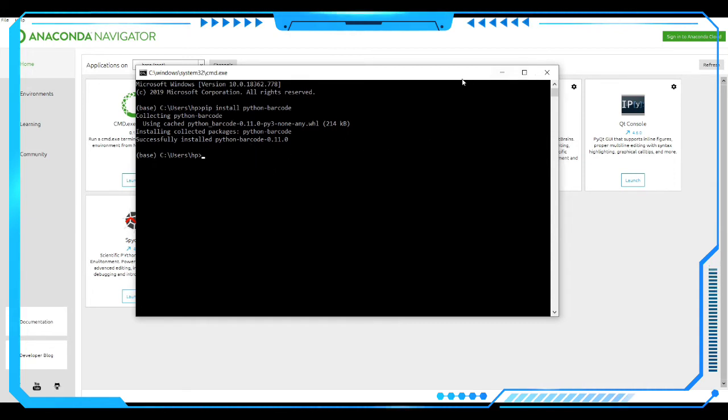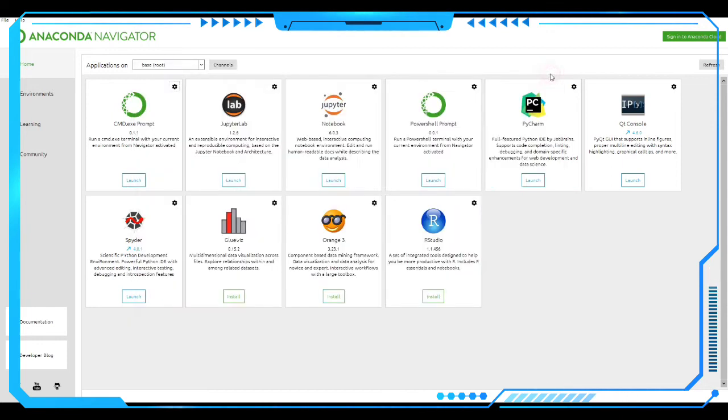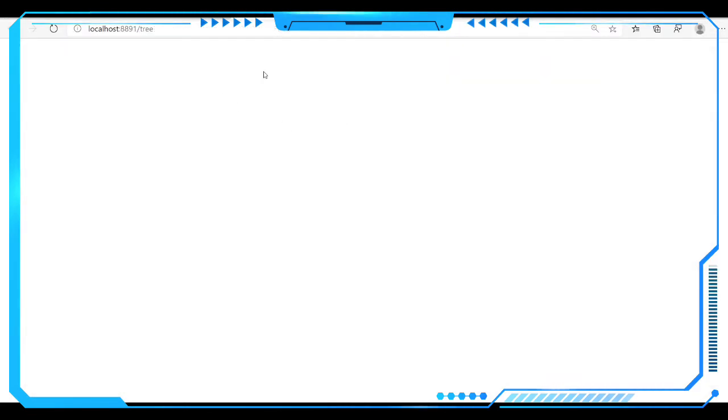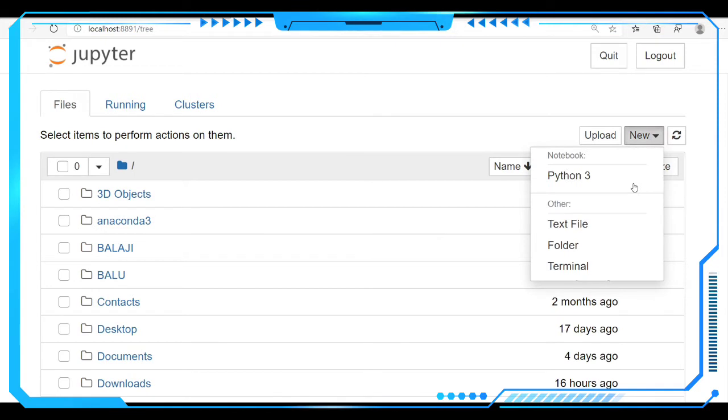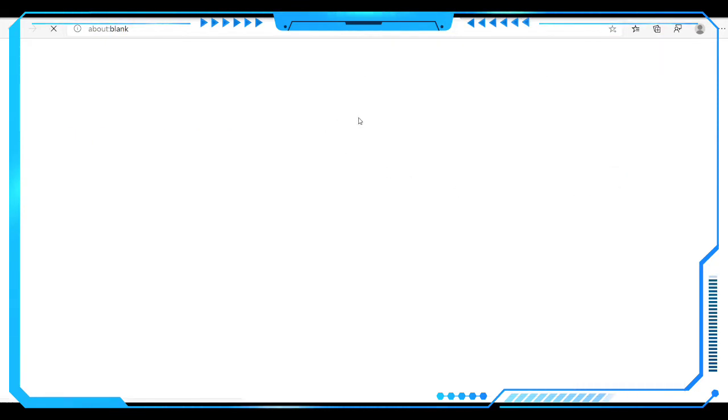After installing this barcode library, quit from this command prompt and open the Jupyter notebook here. After opening Jupyter notebook, select Python 3.